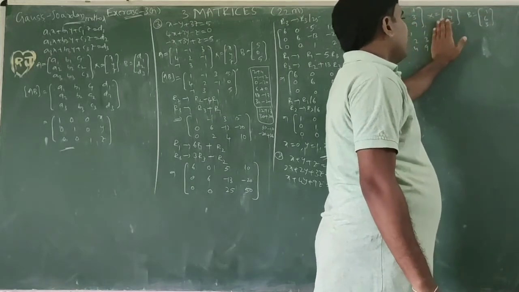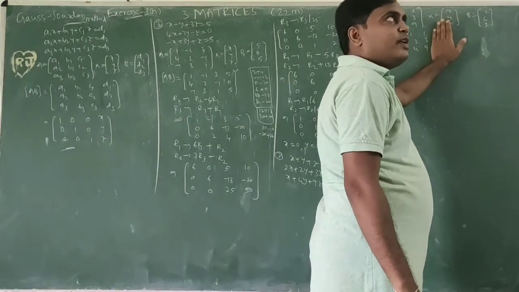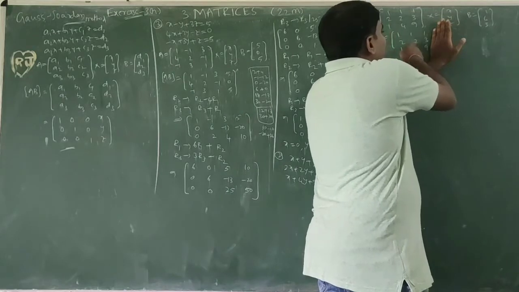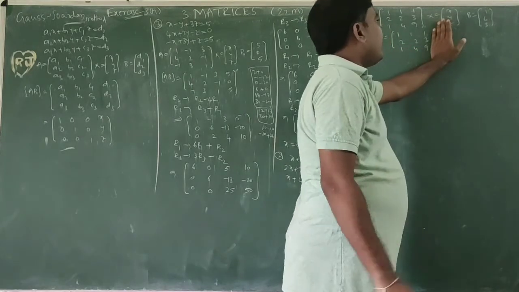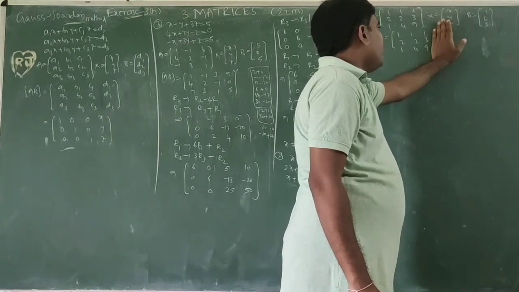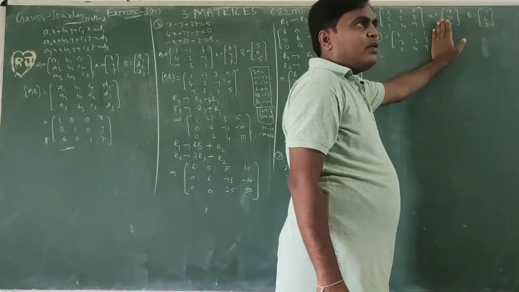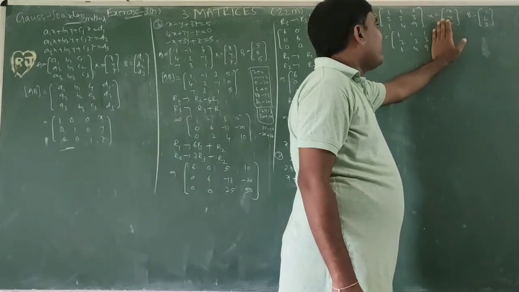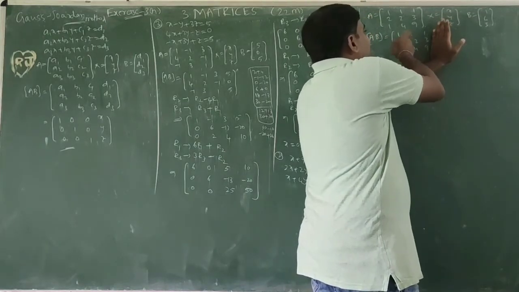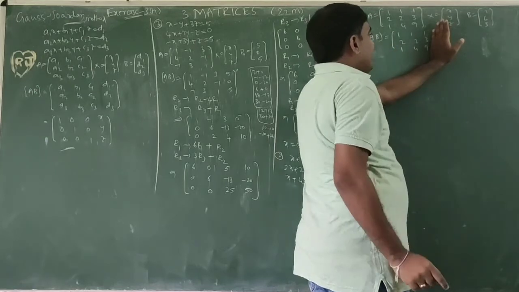This is A. So this matrix A we need to convert to the identity matrix. First we convert it to a diagonal matrix. What are the diagonal positions? 1 2 9. These three are the diagonal positions. Remaining all should be equal to 0. Non-diagonal elements should be 0. So if we take column wise, we apply row operations only. That's why I want to take column wise. First column 1 2 1. In this, the 1 is a diagonal element. Remaining these two elements we need to convert to 0.